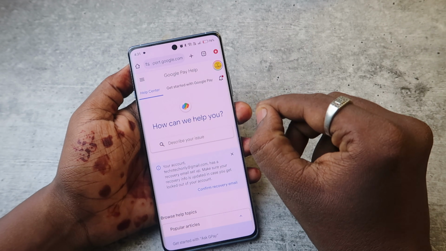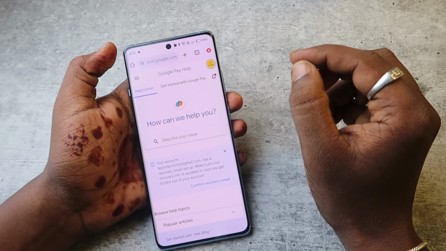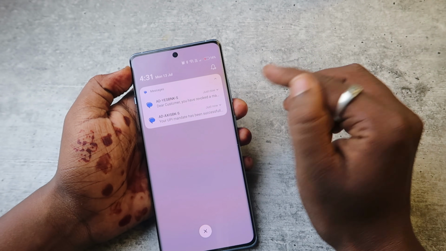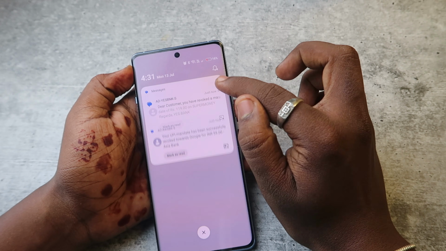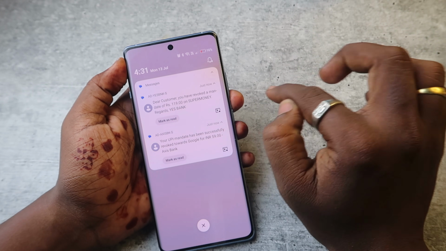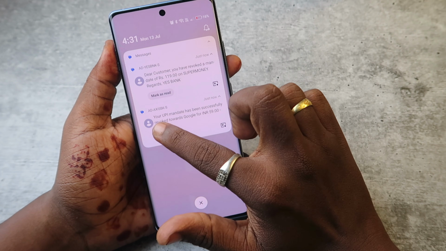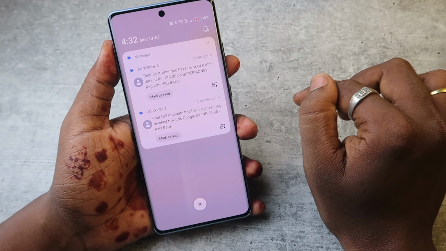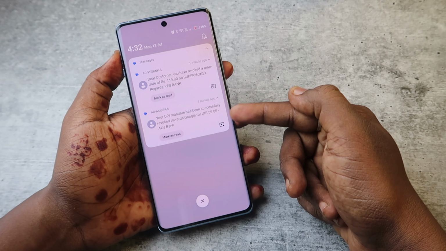Once you have deleted your Google Pay profile, you will immediately receive some SMS. If you already have any mandate, if you created some mandate using Google Pay, all those mandates will be removed and revoked. Here I received some SMS: your UPI mandate has been successfully revoked towards Google. So it's a Google One subscription that is